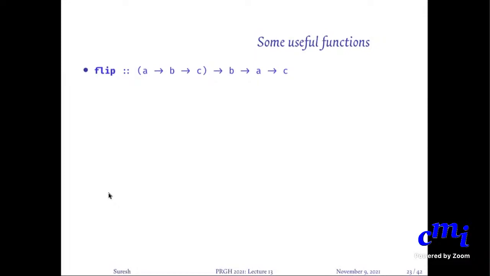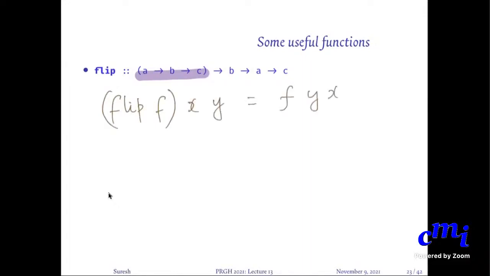One function is called flip. This flip is a very nice function. All it does is it takes another binary function as argument, and it will apply the values in the opposite order. So basically, flip f of x y will be nothing but f of y x. So you are basically flipping the function by making it accept arguments in the other order. And here is an example of what I'll tell you.